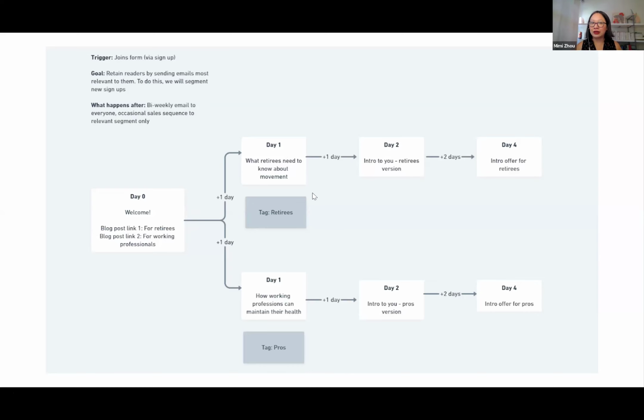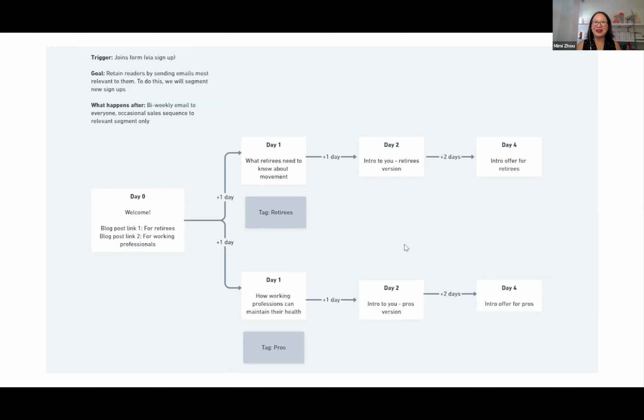So if someone clicks on the link for retirees, they get a little retirees tag and then they get targeted information towards them specifically. So what they need to know about movement, an intro to me as an expert on retiree health. This would be different from my introduction for working professionals, because I want to make that information targeted and tailored to each segment.